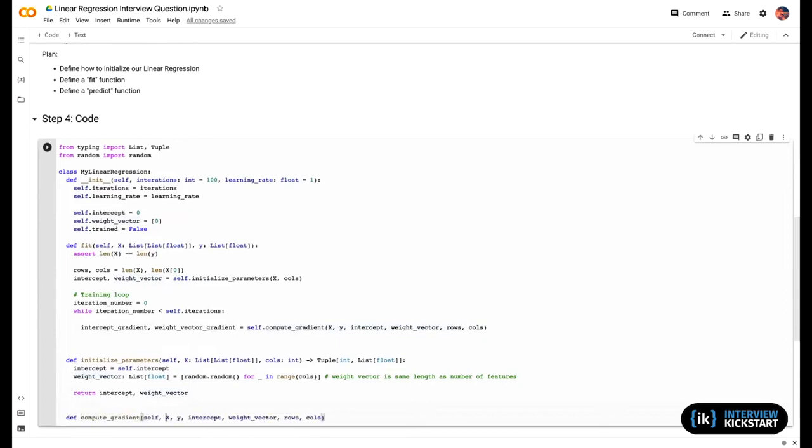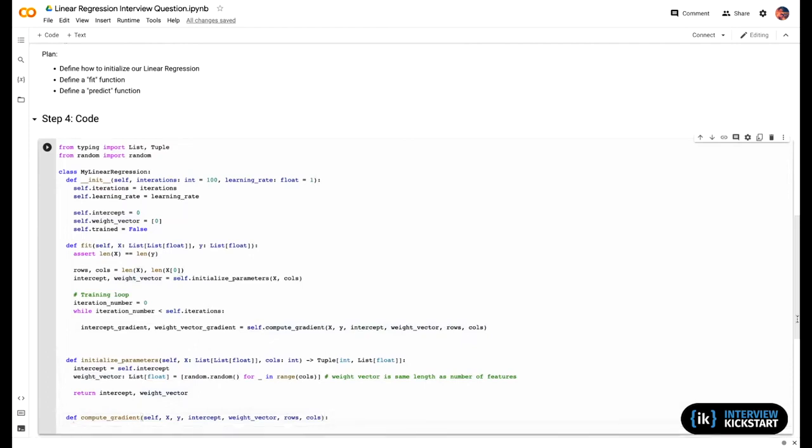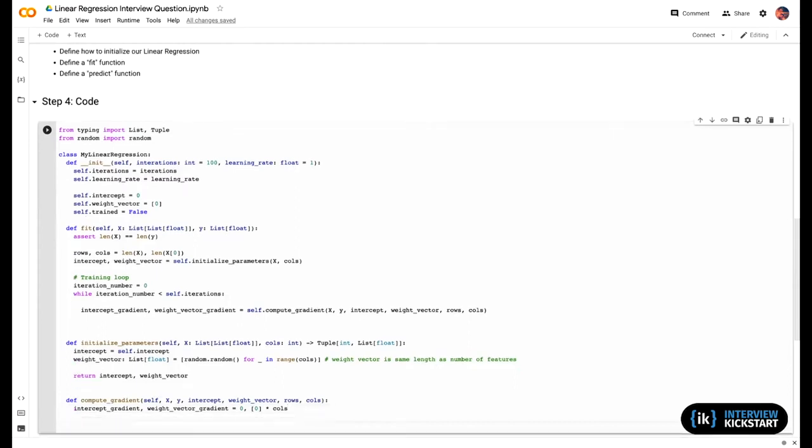Compute gradient, self. We already know what types these parameters are, so I'm not going to define it right now. Now we have compute gradient. We're going to do the following. We're going to initialize the intercept gradient and the weight vector gradient. Let's say the intercept gradient is 0, and the weight vector gradient is going to be 0 times the number of columns. Okay. Now we are going to, for i in range rows,